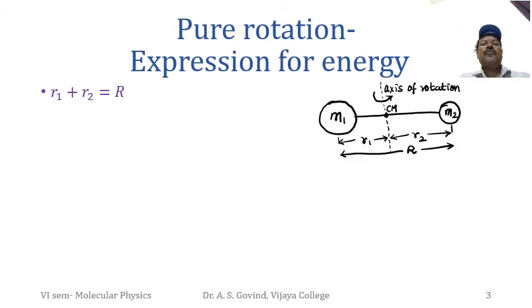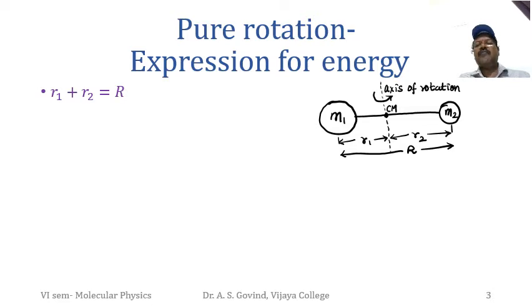So for pure rotation, we consider a diatomic molecule. So notice the symbols in the diagram. You have two atoms connected by a bond, and because we consider pure rotation, we assume the bond to be rigid, and the center of mass is closer to the heavier one, and therefore when you write the diagram, you should not write it in the middle. You should write it closer to the bigger one. And because the distances are not equal, you have to give two symbols for that.